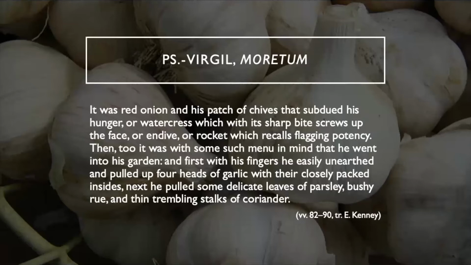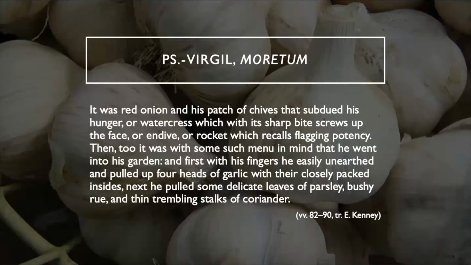But he went in pondering one thing, and he comes back with another. In the same way that prior to this passage, he had taken rich men's produce, like cucumbers, for instance, to market, and he'd come back with money. And also, in the actual Moretum that he's going to make, the rue is an anti-aphrodisiac, so it balances out the earlier rocket. So I would say that the creation of the Moretum here is an unexpected swerve. And this has not really been taken account of in the scholarship.